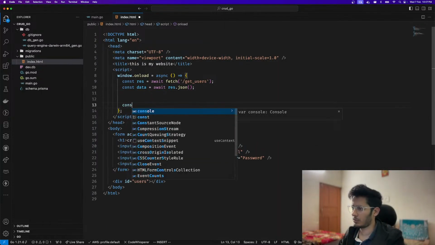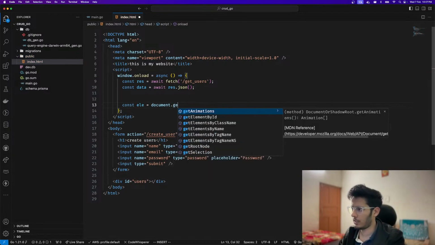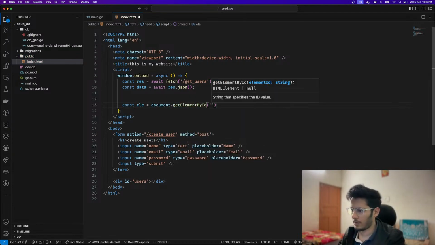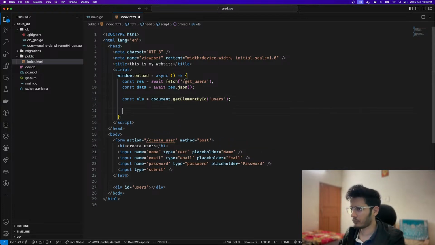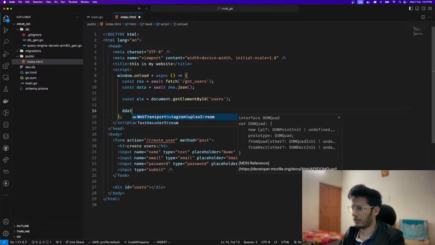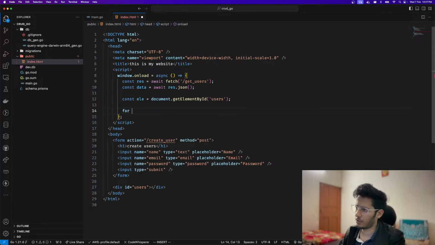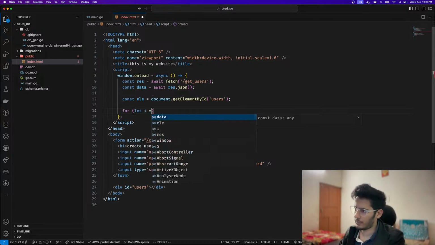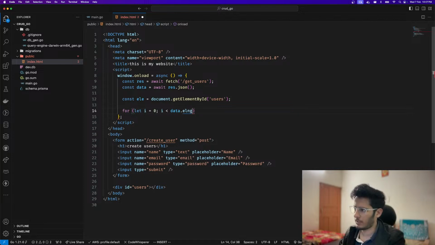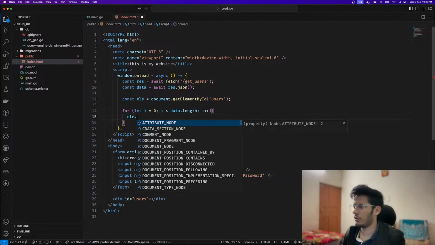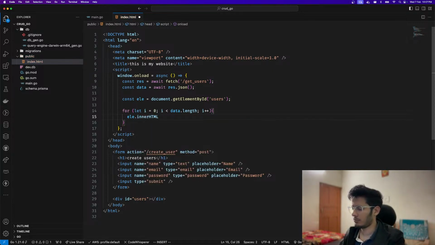So we can say const element is equal to document dot getElementById, and I have an ID users, and then I can say data dot forEach, or I can say for let i is equal to 0, i less than data dot length, i plus plus, and then ele dot innerHTML plus equal to